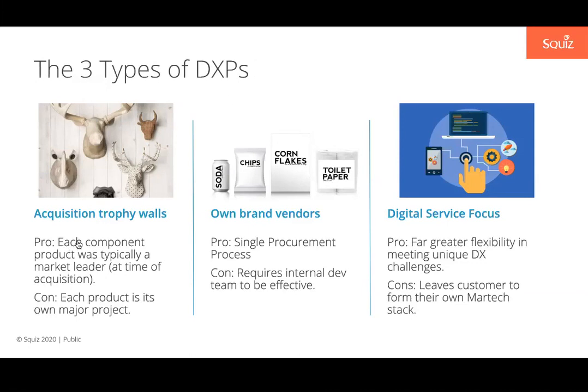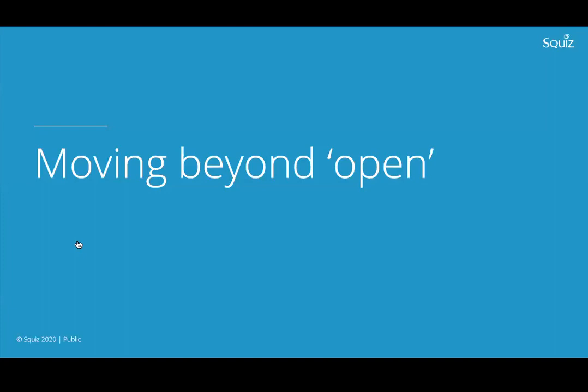So those are the different types of vendors that are out there in the space. They all broadly will have the ability to have third-party vendors come into this and be part of these systems. But typically that's seen as a developer problem. Open typically only ever meant you're open. It's almost a euphemism for we're open for you to get developers to fix stuff. And the APIs are there, but the APIs on their own aren't going to help you, especially if you're not a developer. So that then comes to the question of how do we move beyond just saying open?